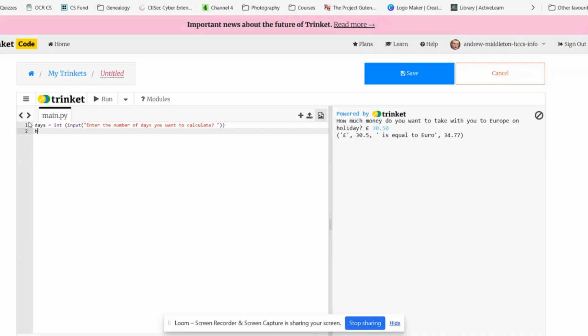And having done that, I'm now going to say hours equals days times by 24. So if there's 2 days, it's 48 hours. Minutes is the number of hours times by 60. 60 minutes in every hour. Seconds is the number of minutes times by 60. And then I can put print